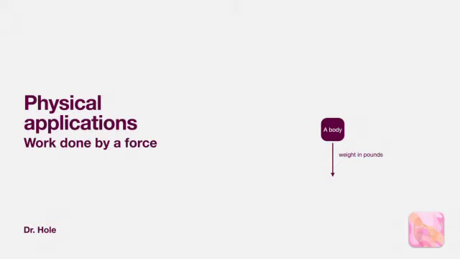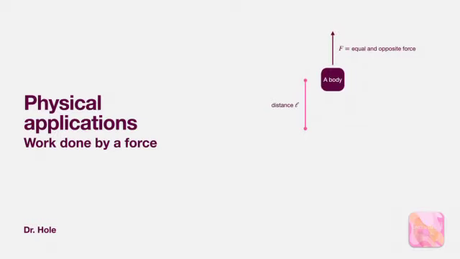If we want to lift up the body, we have to overcome its weight. So we need an equal and opposite force applied to the body in order to lift it. Now, as we lift it, we can assume that the body doesn't change its mass, doesn't change its weight, so that if we lift the body a distance L, at every single point along this interval of length L, we're having to apply a force